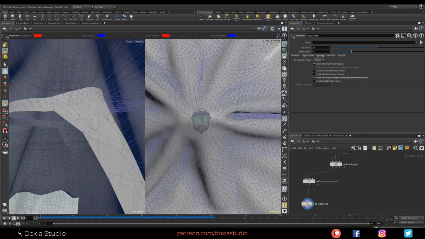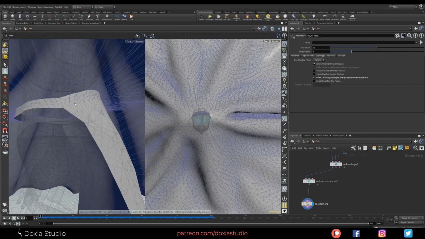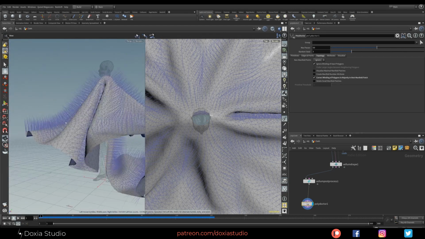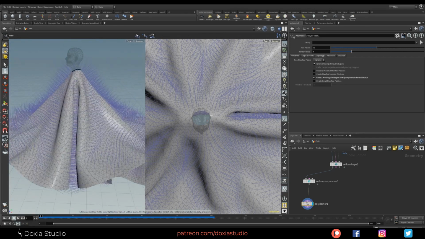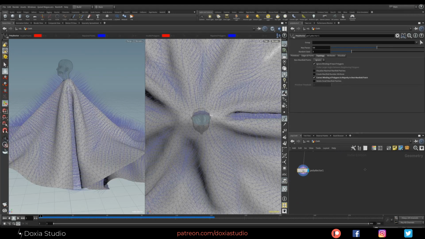As you can see, check this out on the belt. If we have this turned off, the normals are on the wrong side, and if we check this one, it's going to be on the right side. So now everything is correct, and we can use this cloth and simulate.